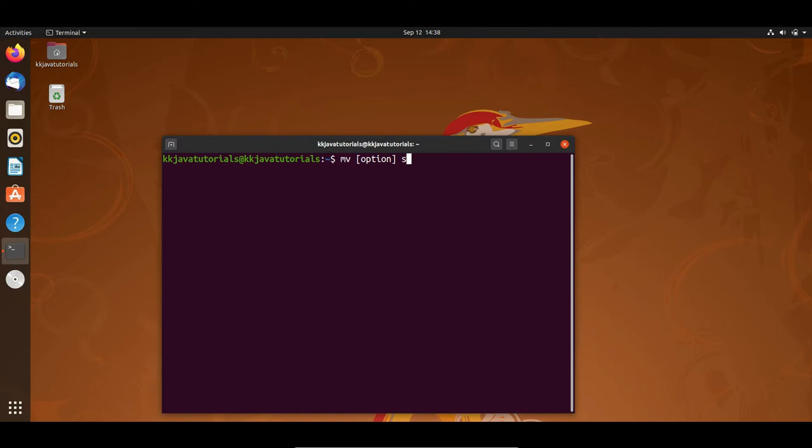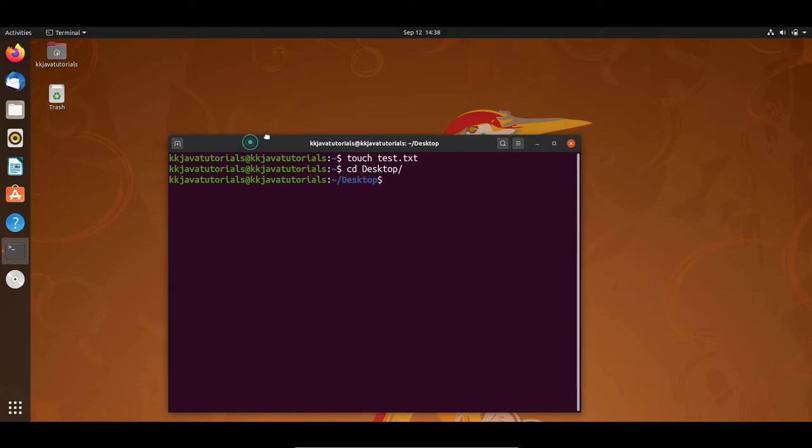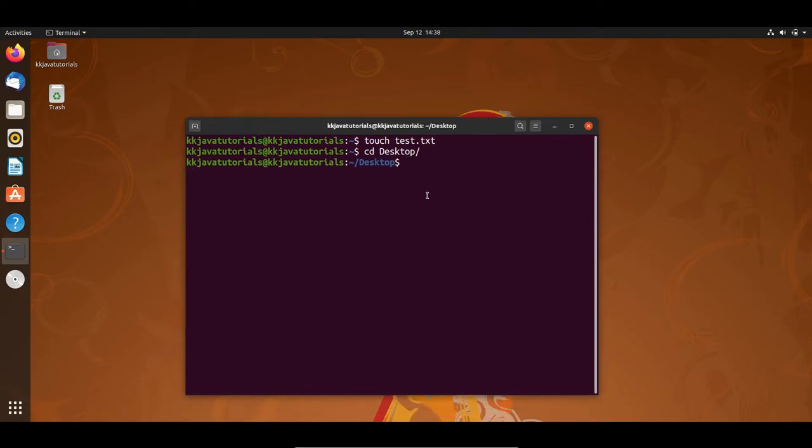Here, first of all, I'm going to create one file on my desktop. I'm going to use the touch command for this to create a file. Touch, let's say text.txt, and I'm pressing enter. Sorry guys, I have created a file in my home directory, so I would like to move to the desktop. So I moved to the desktop, and here I'm going to create a file as well as a directory to make this demo. So I will use the touch command again, and you can see it created test.txt.